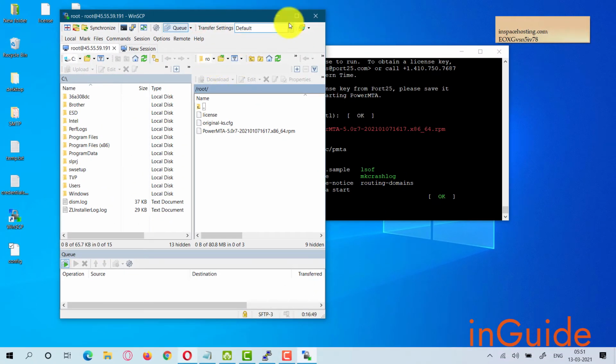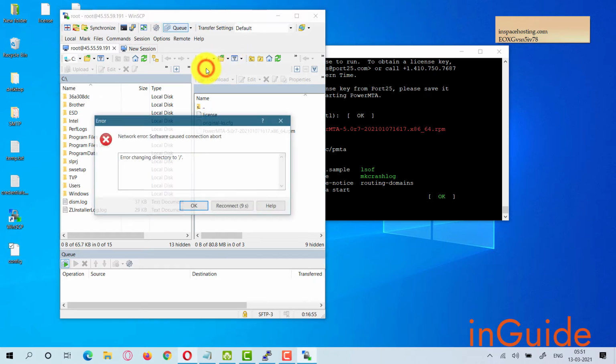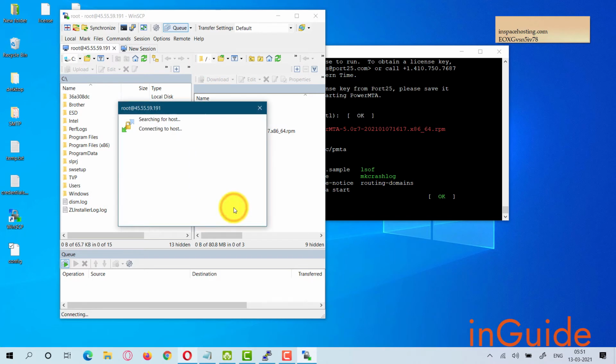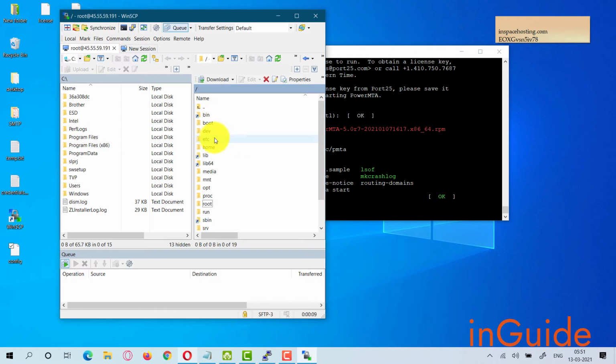Okay, here in WinSCP, go to the root directory. Okay, let me reconnect it. Go to slash and then select the etc directory and then look for pmta. Okay, here it is, and then upload the config file.